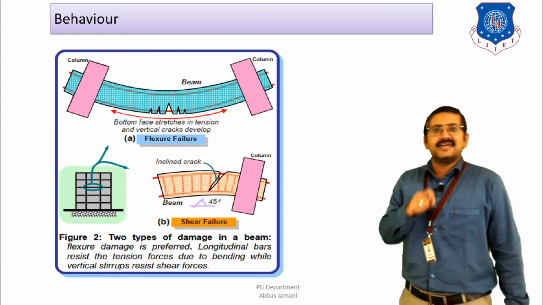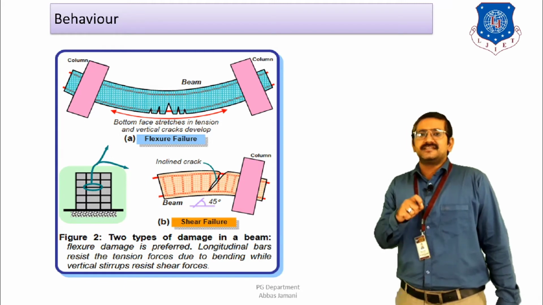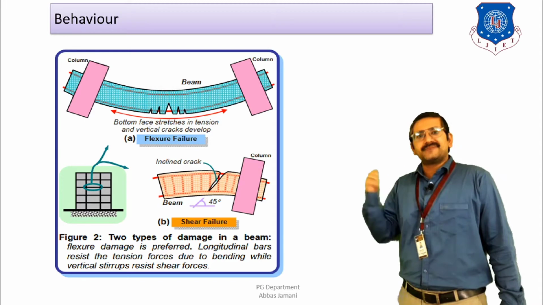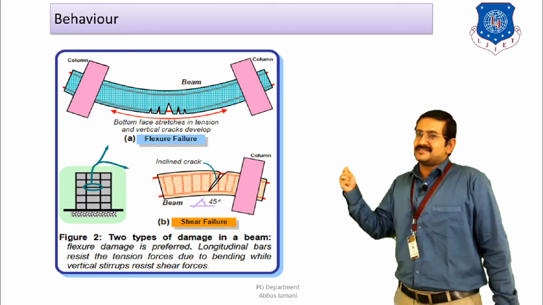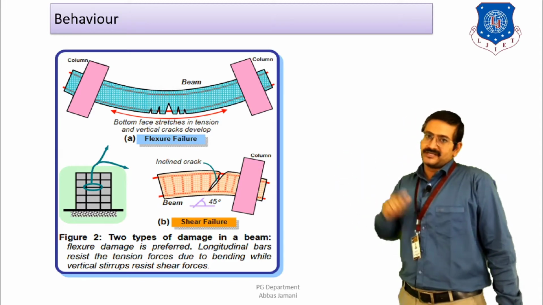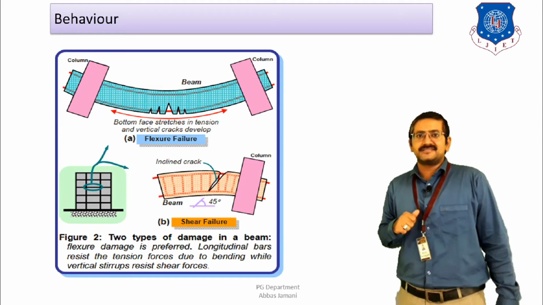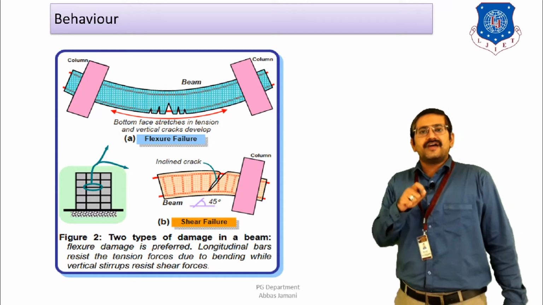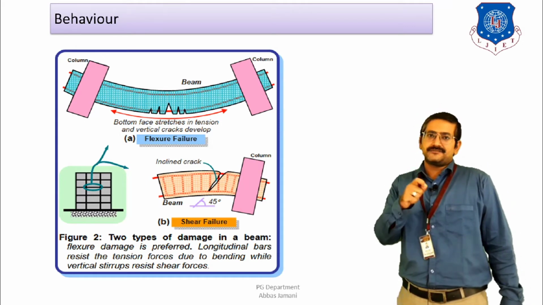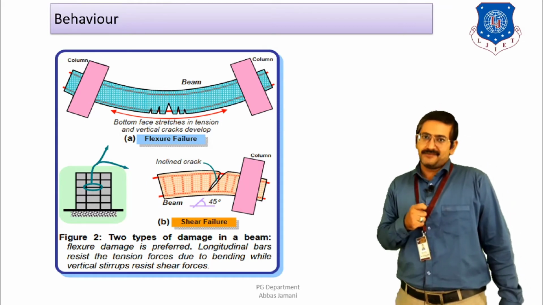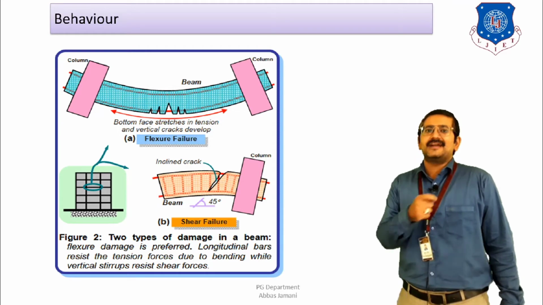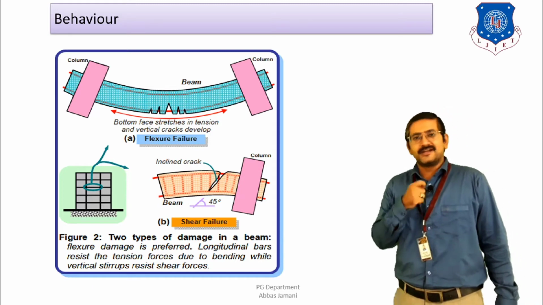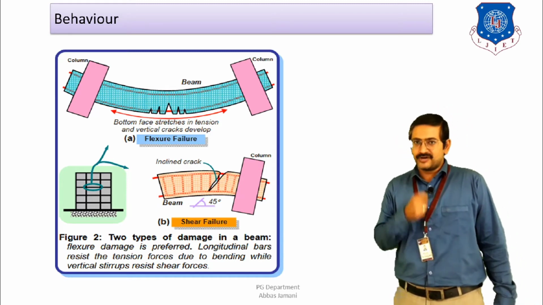The first criterion is that if the amount of tension steel is more, then this type of behavior will not be visible. If the amount of compression steel is more, then the type of behavior that you are seeing over here is going to be visible. Why? The reason is that if the tension reinforcement is provided more, then the concrete is going to crush first, before the yielding of the bar under the application of the load. When that happens, it will result in brittle failure of the member and not the ductile failure that we are promoting over here, right?